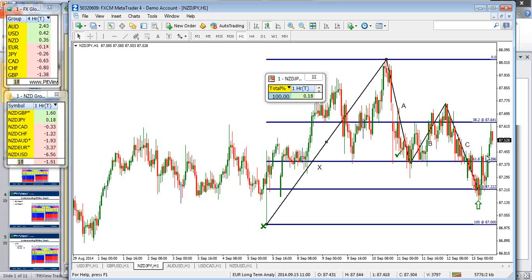If you're right on this, if it comes back up, you can see that it moved and hit your first profit-taking point right up in here, and since then it's gone up about another 40 pips from that, to where you could have easily gotten a 1-to-2 risk-reward trade off of it. Right now, it's up about 30 total